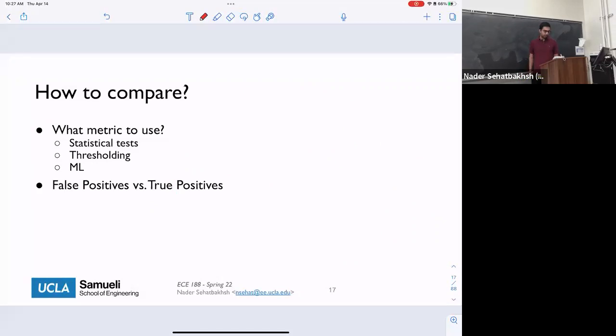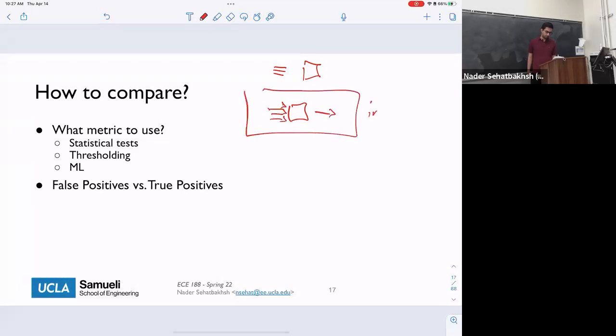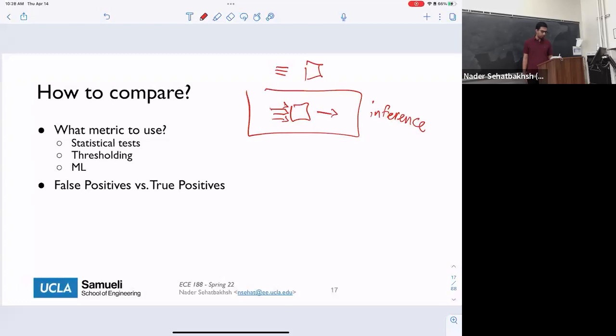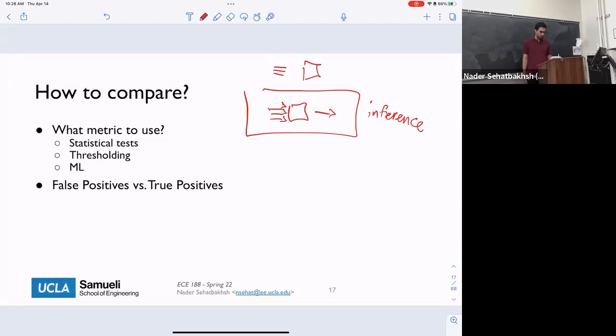So we have our features and we build our reference model. Now the question is, we have this reference model and we want to look at the system during what's called inference time. This is the time when we actually want to see whether we indeed have a malware attack. So this is a decision-making process. We see this process. How do we compare this set of features with the set of features that we have seen during our training?